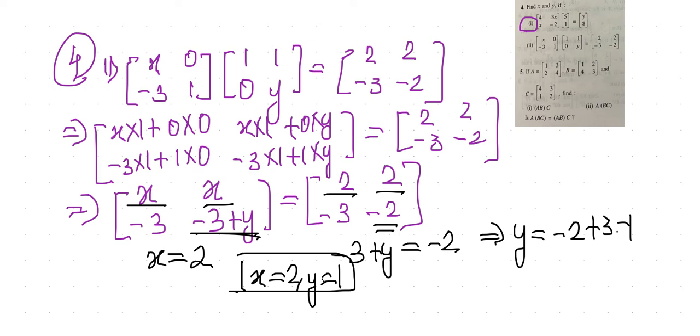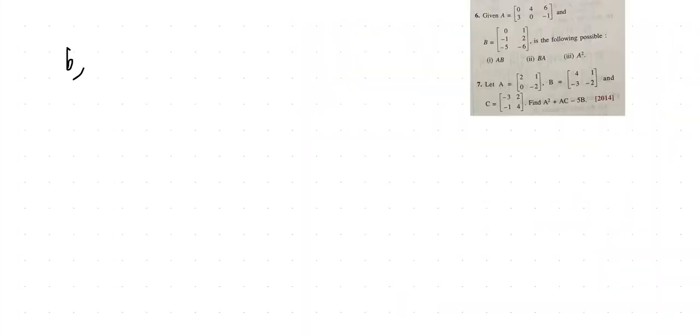So the first question you are going to take as homework for sure. We are going to move to question number 5. Okay, so in question number 5, children, the question is basically a proving type. So first you need to find out AB, and then you multiply that by C, and then you need to find out BC, and you need to multiply that by A, and then you have to prove whether both of them are equal or not. So clearly this is a simple multiplication one. So question number 5 you are going to take as homework. We'll be now moving to question number 6.